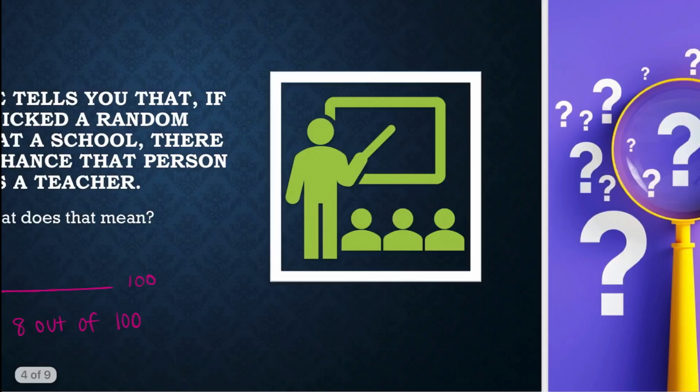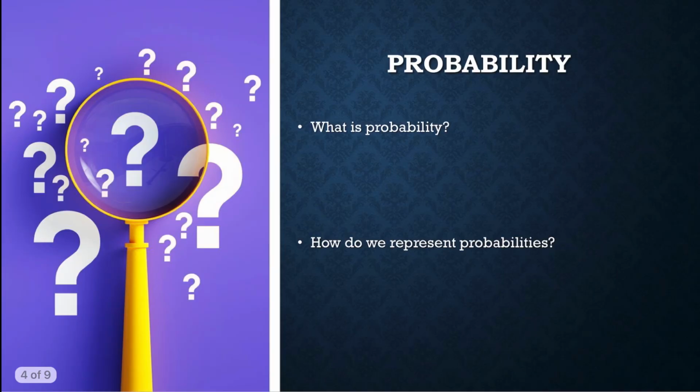So probability is the likelihood of an event happening. So for example, in the teachers example, 8% of the school was teachers. It was the likelihood that you would select a teacher. The probability of selecting a teacher was 8%. So we represent probabilities in fractions,